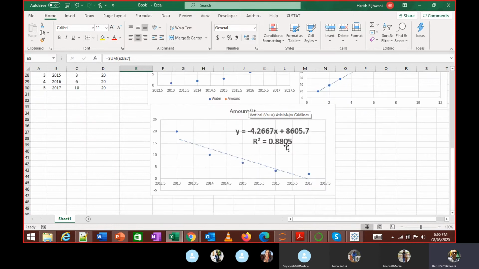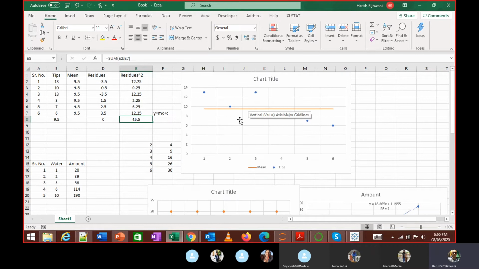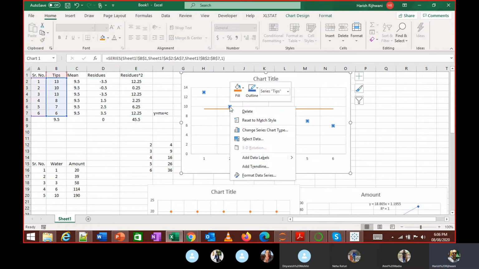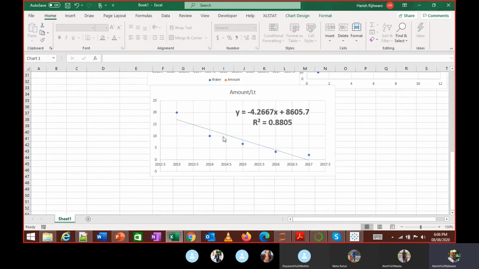If the r square value is closer to 1, it means that all these points are very close to the line. When you look at this, all these points are close to the line. Over here, all these points are not close to that particular line. Make sense? That is what this r square value will tell me. So if there is a model where the r square value is 0.5, it is not really a good fit, because literally most of the points are not close to that particular line.